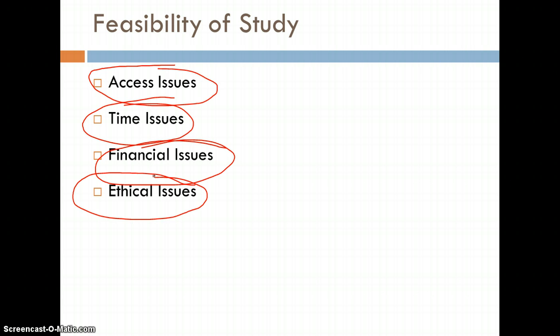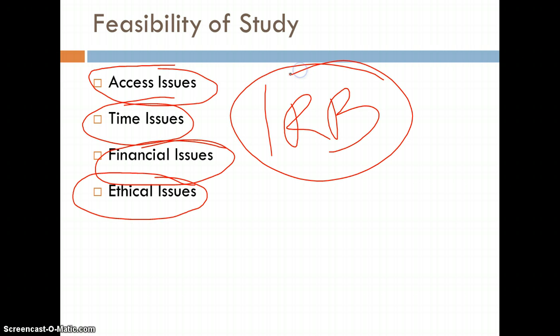Every one of you at some point will probably need to go through an institutional review board or an IRB process in order to have your research plan cleared in terms of what you're trying to do. Now that won't need to happen, if you're in my class right now, that won't need to happen for your class. But if you actually wanted to conduct the research that you're proposing, you would have to go through the IRB in order to do that.